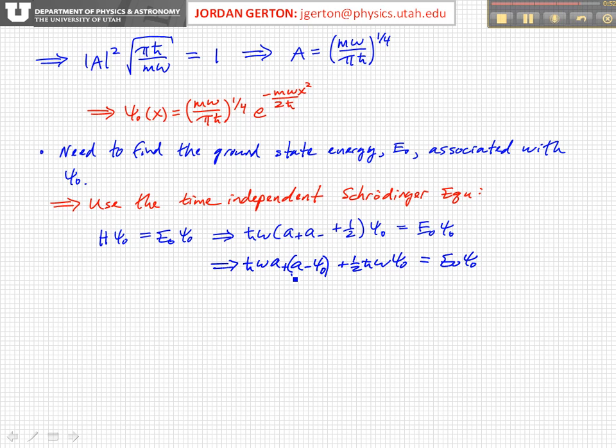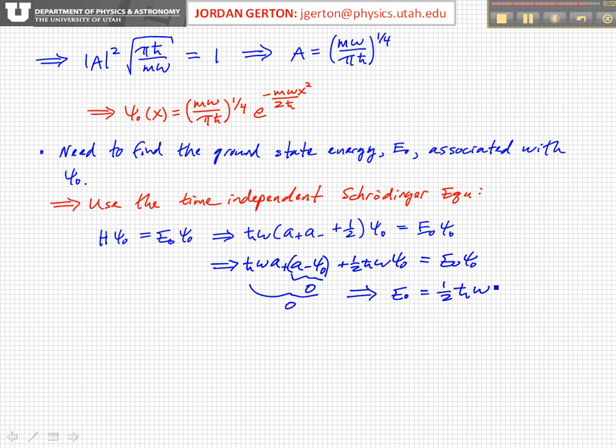So this whole term is equal to 0, and what we find is that E naught is equal to 1/2 h bar omega. So the ground state energy for the harmonic oscillator potential is equal to 1/2 h bar omega,